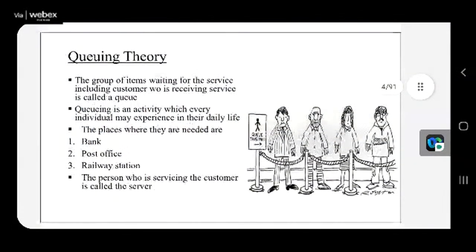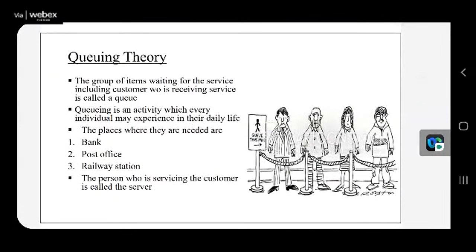Firstly, I'll give an introduction to queuing theory. The queue is a part of life. Wherever we go, we experience queues. For example, at the railway station, to collect a ticket, we need to wait in a queue. Or in a post office, to withdraw or pay money, we have to maintain a queue. Queuing theory gives a theoretical solution and analyzes the queue: what is the input pattern, what is the service pattern, and how the server deals with the queue.